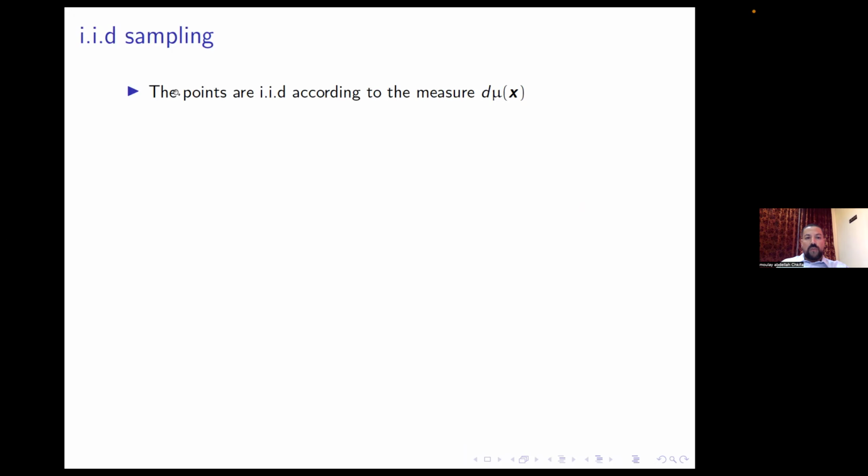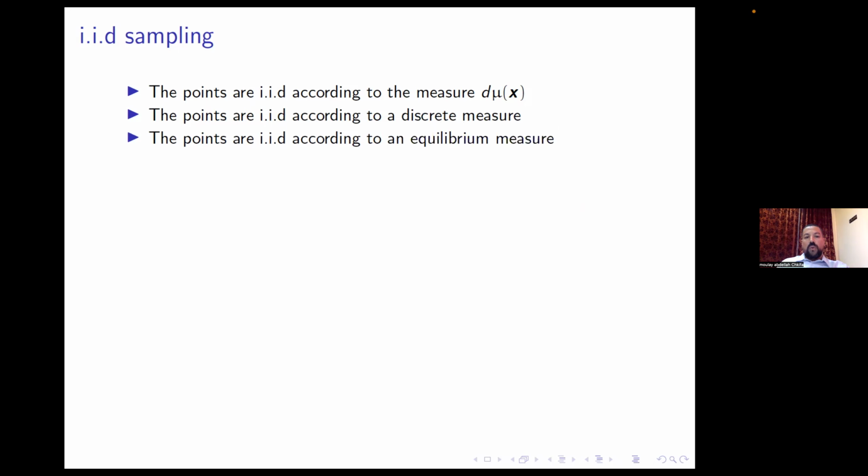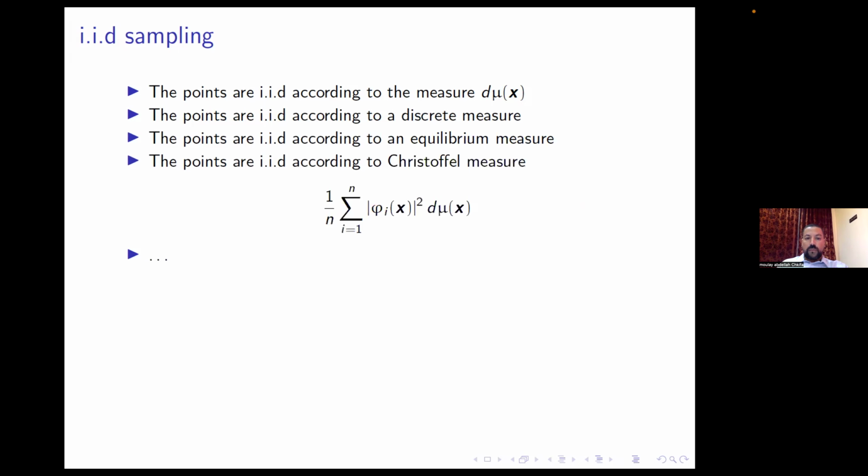So the most straightforward sampling is sampling according to the same measure d mu. Let me remind you that for the space L2 that I defined, the underlying measure is mu. We can also sample according to some discrete measure, which means we have a lot of points, and I will just pick some of these points, in a uniform manner or in some other manner. We can also sample according to some equilibrium measure. This is related to the domain U and the space Vn. We can also sample according to the Christoffel measure, which is related to the space Vn through